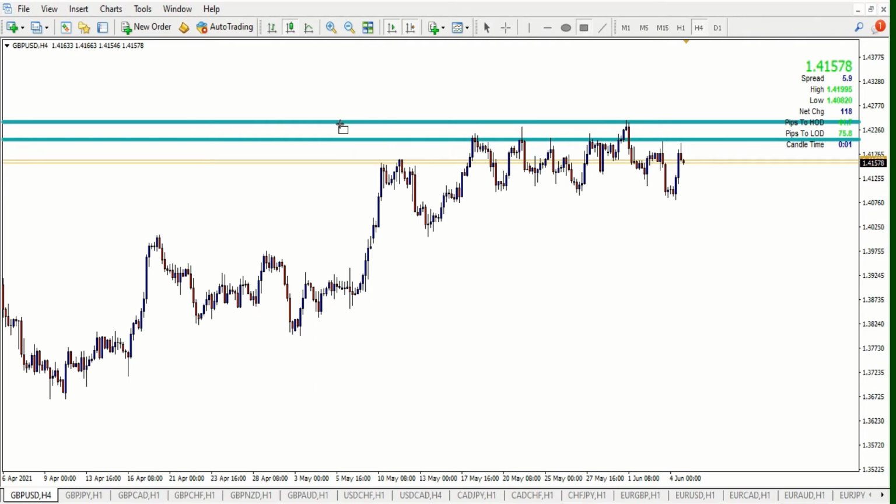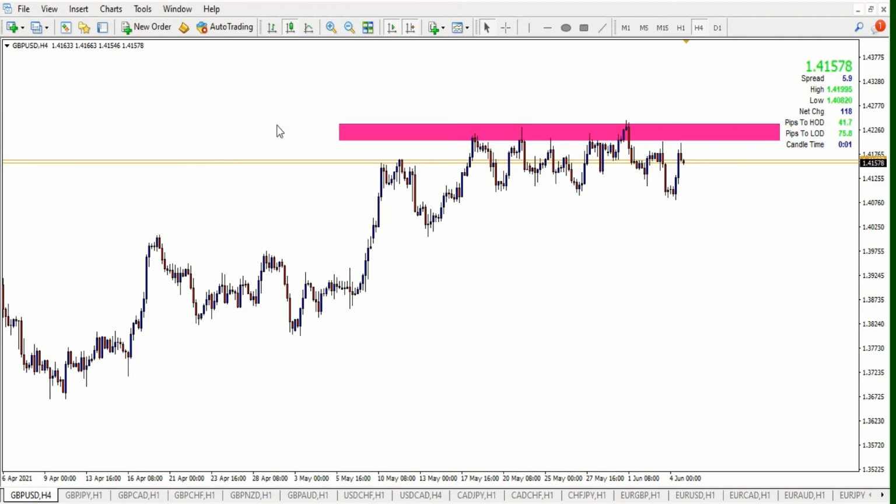Okay, so hence I just take the rectangle once I found my zones, and I just draw it like that. Just makes life a lot easier and your charts less cluttered. Okay, if you still prefer to draw with the lines, you obviously may, different strokes for different folks. Okay, so that would be our first zone. Second zone